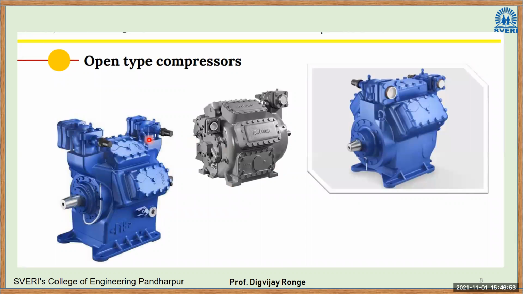So this you're already familiar with. Here it is the suction. It takes air inside, it is compressed, and then it is sent to the receiver. So here at the exit, it is connected to the receiver. We have already seen in the automobile workshop, the big receiver is there. From that, the connection is made to pump the air into the tires or tubes of the vehicle.